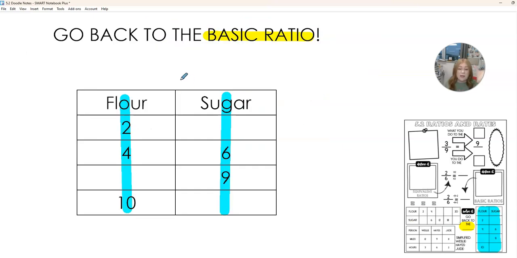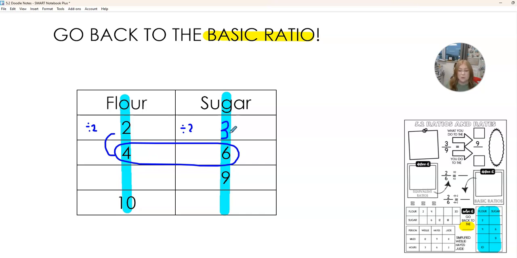All right, let's try one. We can also make tables that go up and down. Same thing. So we had 4 to 6. So here's where we're starting because that's the information we know. And we want to get back to this basic one at the top. So always go backwards first, then go forward. So how do I get from 4 to 2? Well, that was dividing by 2. So same thing, how do I get from 6 divided by 2? We make 3. So now we have this basic ratio again of 2 cups of flour to 3 cups of